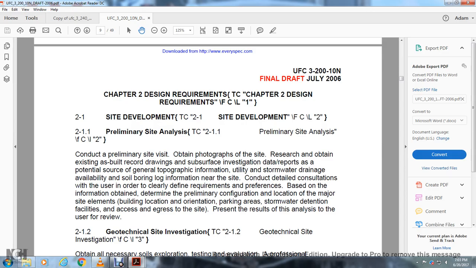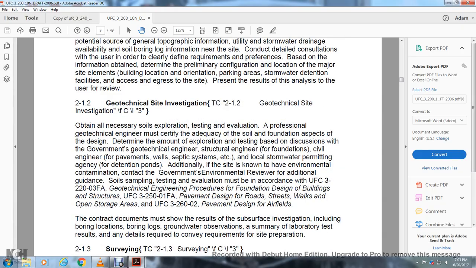define the requirements and priorities based on the information obtained from the preliminary configuration. Determine the location of the site elements: building location and orientation, parking areas, storm detention facilities, access and egress to the site. Review the results of the analysis and the geotechnical site investigation; obtain all the necessary